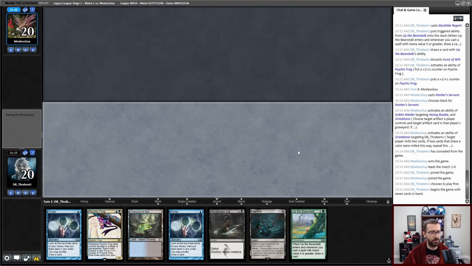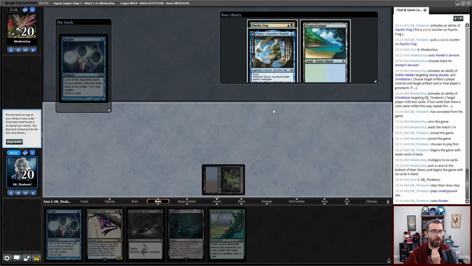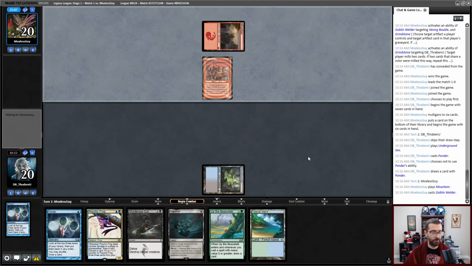I need a little more mana here, but I have 2 Ponders. This is probably fine. So let's cantrip for lands. We would love to see 2 lands off this Ponder. We see 1. I will accept that and pass. Welder? It is Welder. I will probably just start this game off with a Psychic Frog